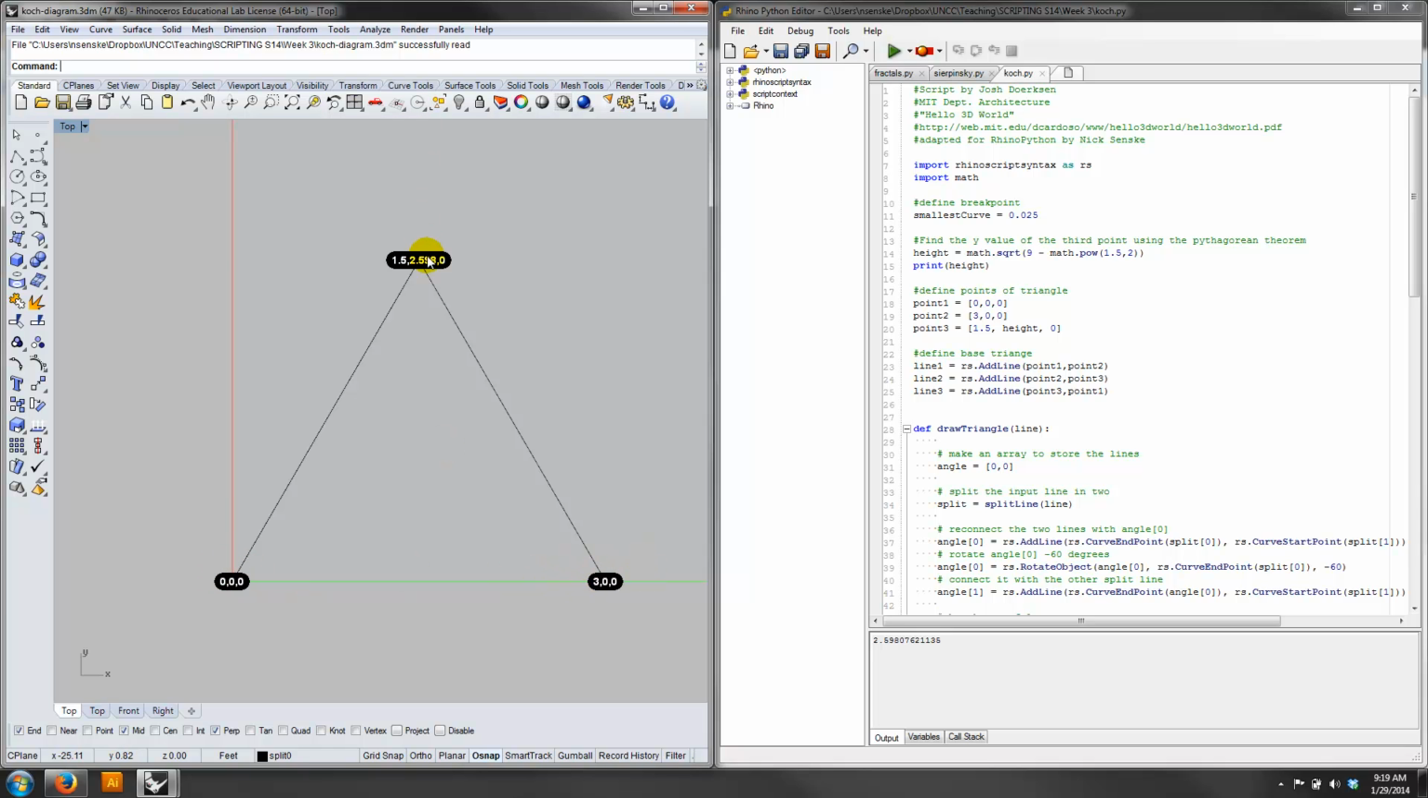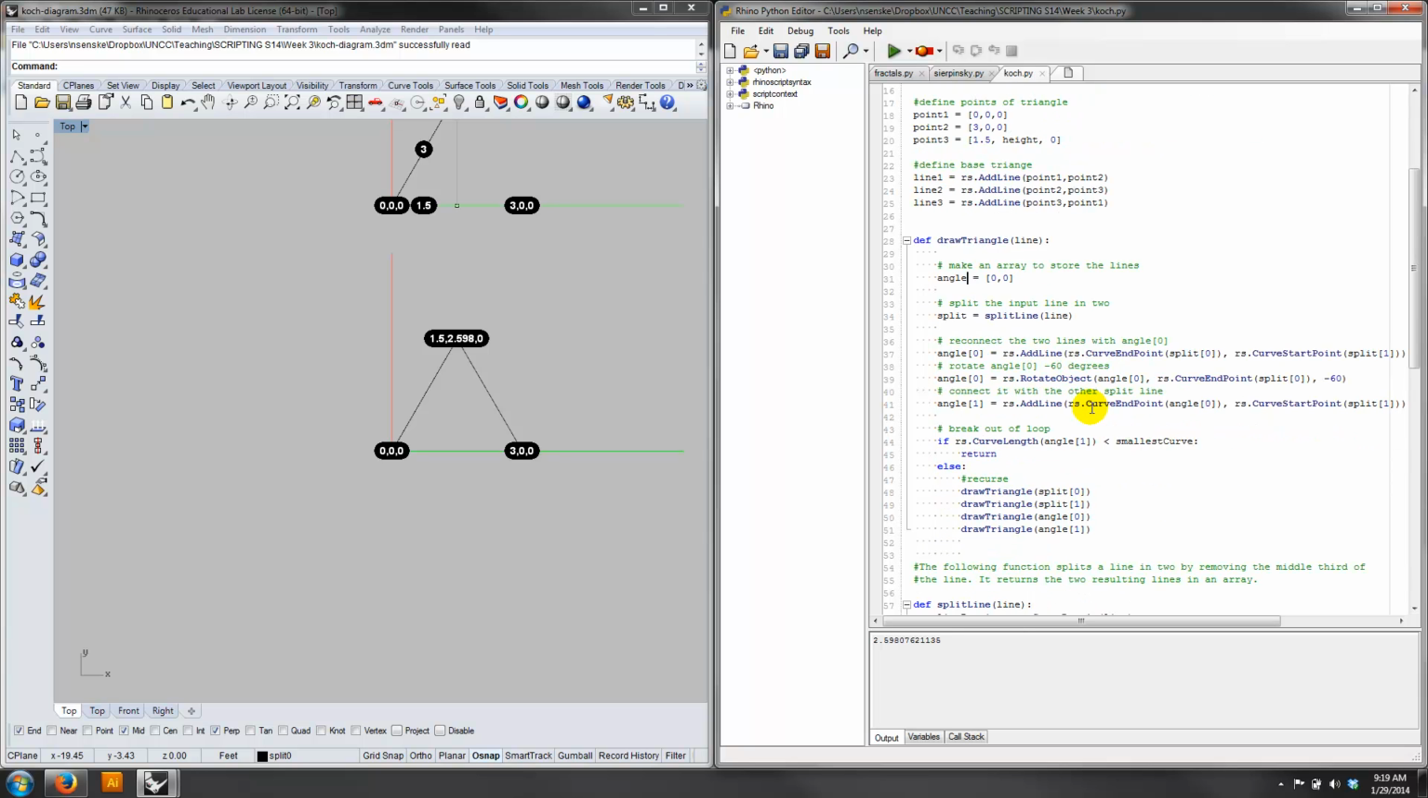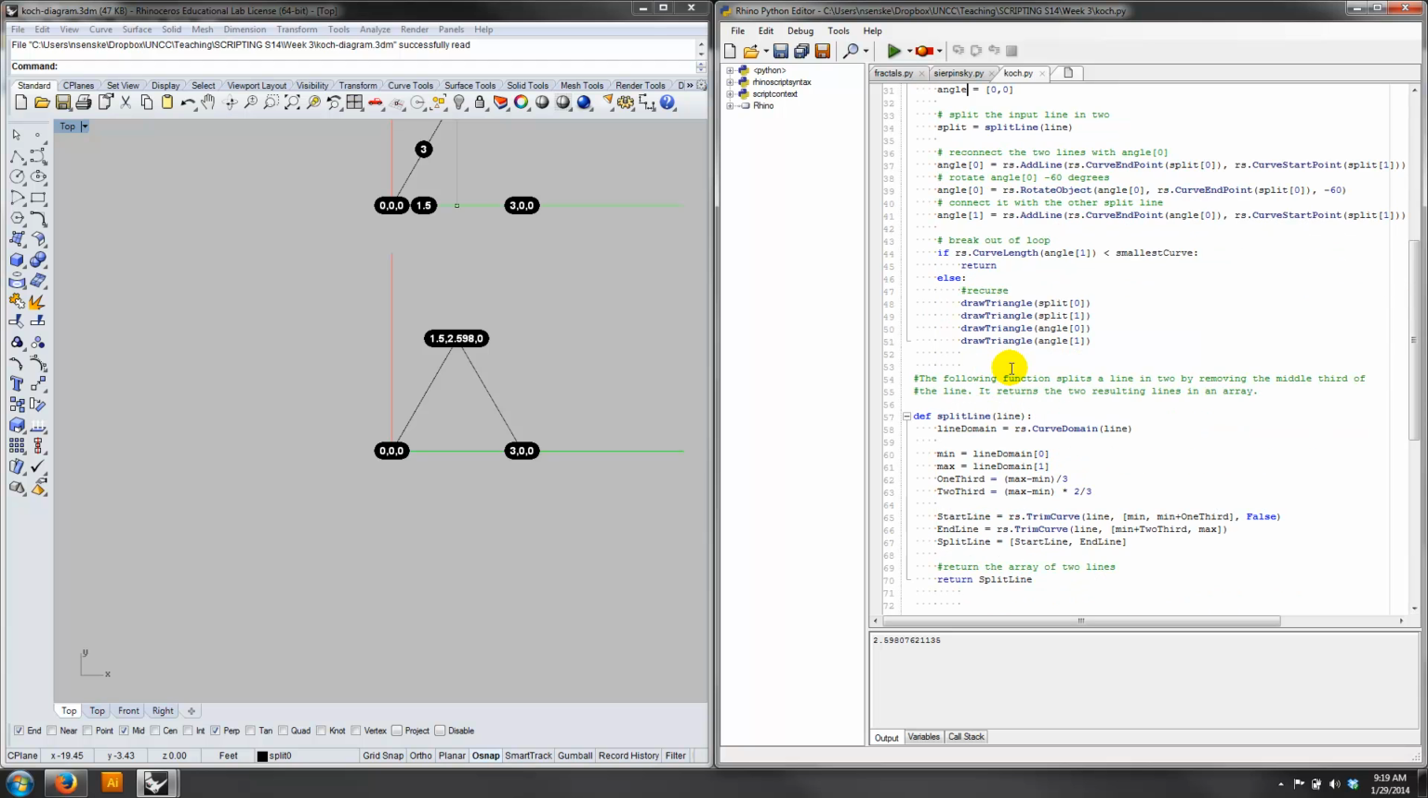It's 1.5, and so that actually gives us the 3 points of the triangle. So these are point 1, point 2, and point 3. Okay, then we go ahead and define that by drawing lines, and we end up with line 1, line 2, line 3. Then we have a function called draw triangle. And we're actually going to skip this for now because I want to look at this other function here